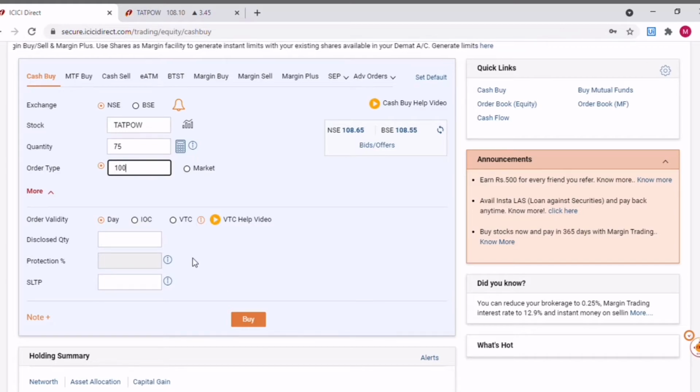Since you want to buy this stock only when it reaches 100, just imagine that on the same day the price is not coming to this level, and the stock is moving in an uptrend, going 109, 110. Definitely this order will not get executed, and by the next day this order will automatically get cancelled. So you have to come again the next day and place a new order.